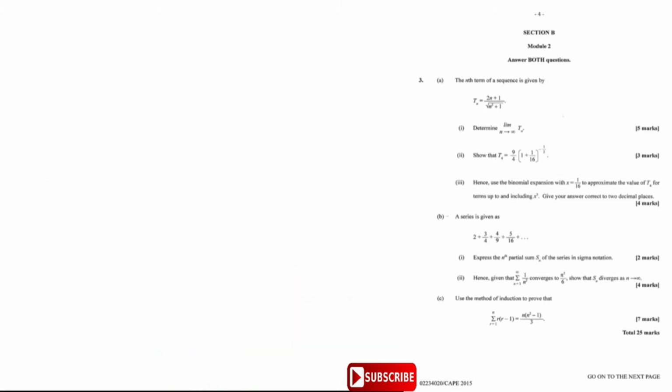Nice. So let's look at the next part of the question. The next part says, use a binomial expansion with x as 1 over 16 to approximate the value for T4. Now the binomial expansion that we're going to use is this formula. You have to remember this one: 1 plus x to the n is equal to 1 plus nx